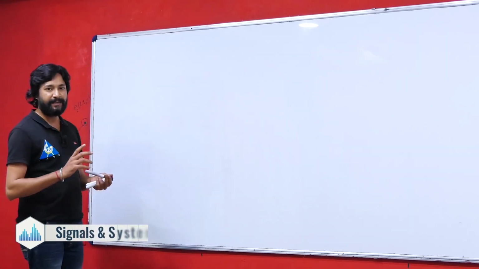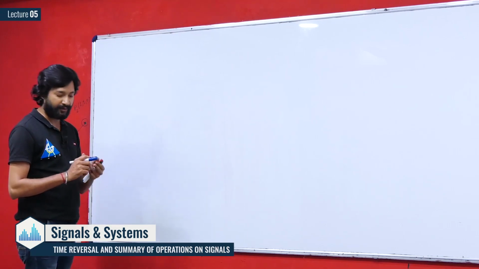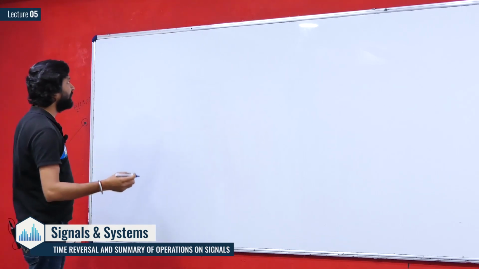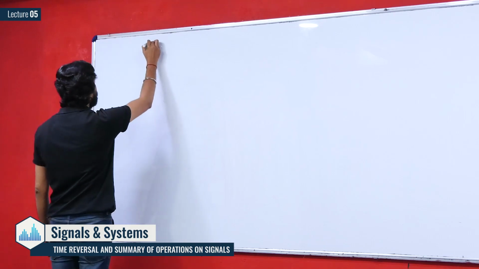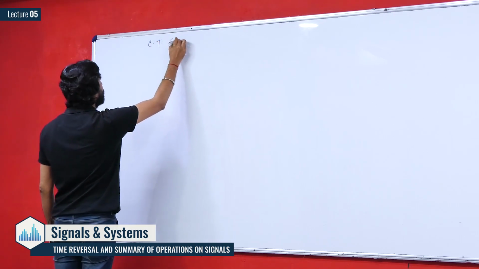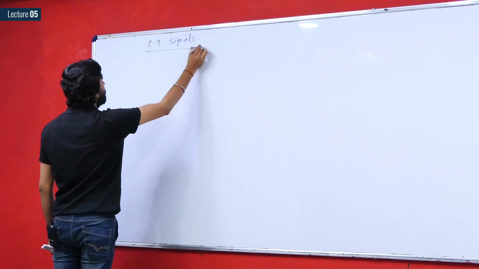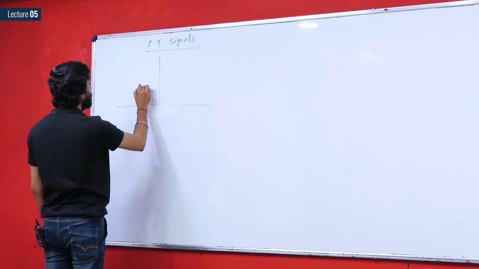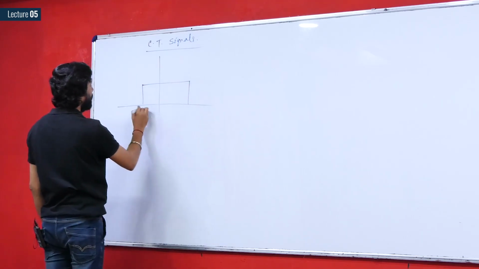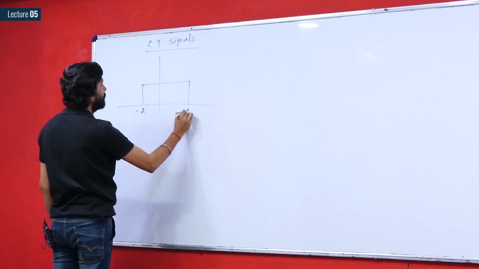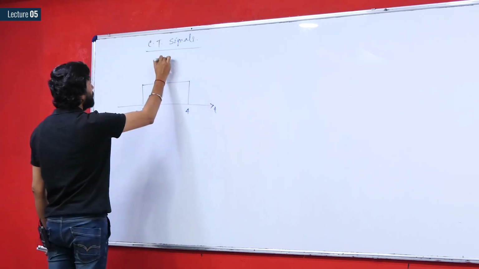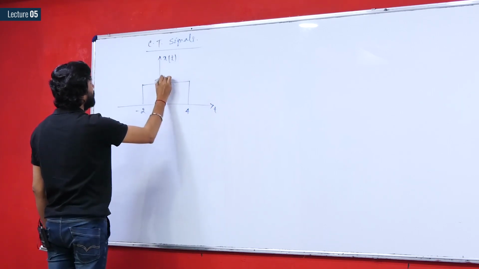So we have discussed the time scaling operation on discrete time as well as on continuous time signals. If we see the effects individually, then in the case of continuous time signals, you have written that if there is any signal, let it be your signal x of t, which exists from -2 to +4 with respect to t, having value, let's say, 10.